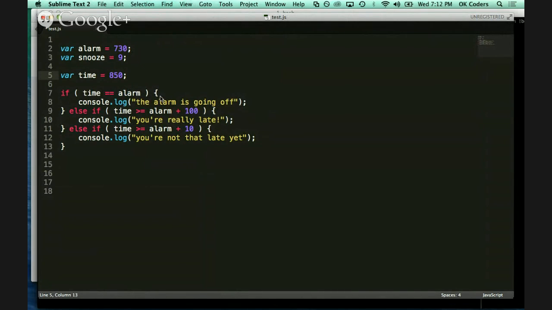Caveat, the trick here. As soon as one of these conditions is registered as true, none of the other ones will be checked. An if-else block will only ever execute one of the blocks of code associated with it. So as soon as you hit that true condition, it's done. It won't even look at any of the other ones. And so think about it. If I take this one and stick it up above this,